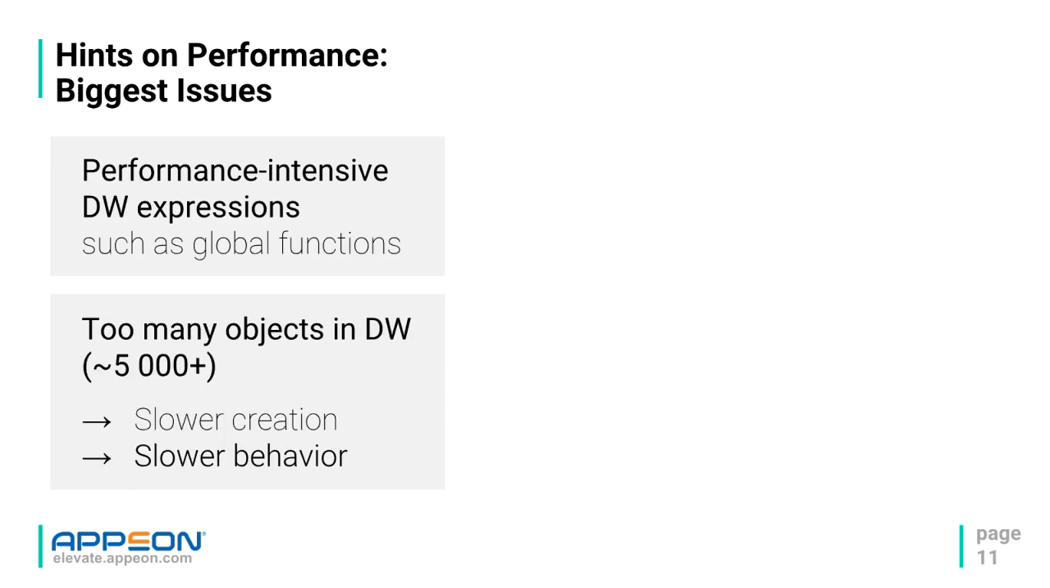Too many objects in the data window. My experience is that starting from 5,000 objects in one data window, it's getting slow. It's getting slow in creation and it's getting slow in behavior. Well, 5,000 sounds like a lot. But now imagine you have maybe 200 employees, and then you're showing a whole year. And then each entry has one object for the rectangle, one for the text upon it, then one for,